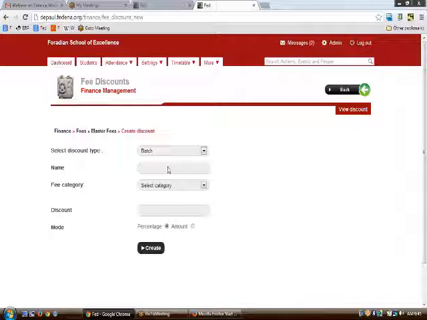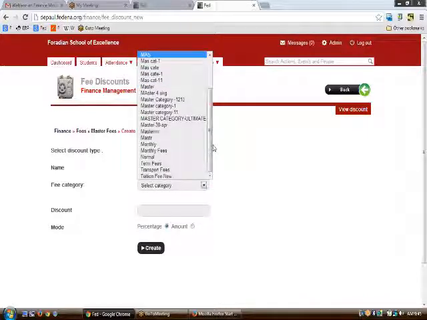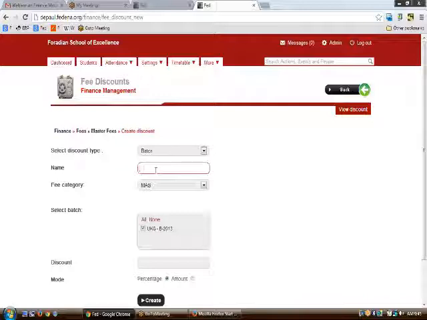Then in such a case, you need to select the discount type to be batch, put the name as something else, and the fee category that was created earlier, as we have created a fee category called mass, and the name of discount I will be putting as special discount.